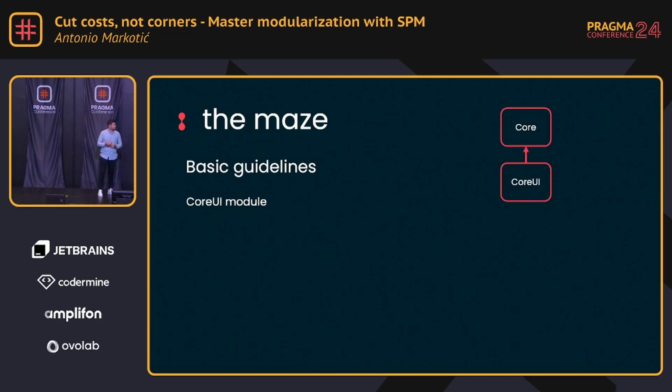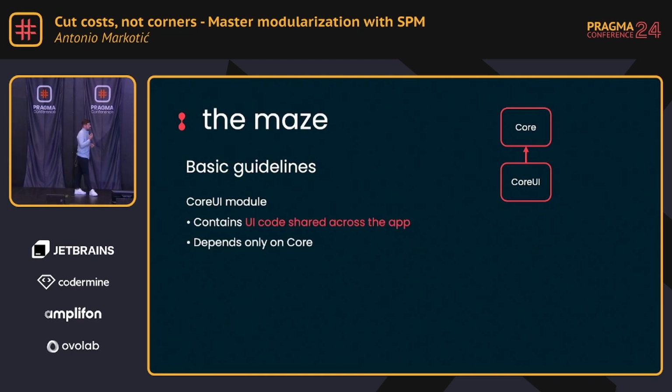Right below it comes Core UI, which is fairly similar to the Core module because it also contains components which are shared across the app. But this time, we are only talking about components, functionalities, extensions, which are directly UI related, meaning if you have a primary button configuration and you reuse that button in your entire app, Core UI would be a perfect place to store that configuration. It only depends on the Core module, and as I've said, it contains only the UI code. Next up,